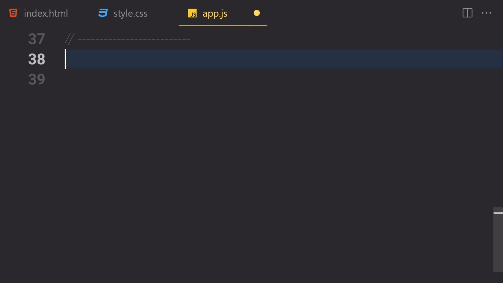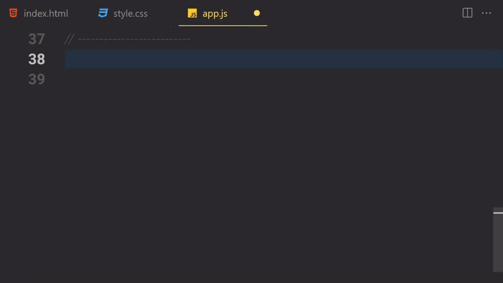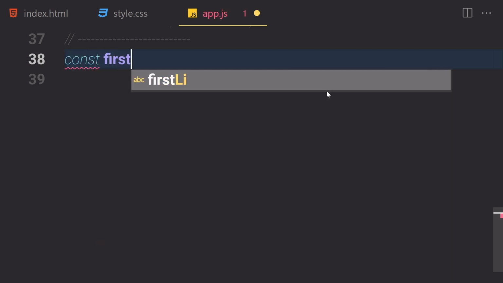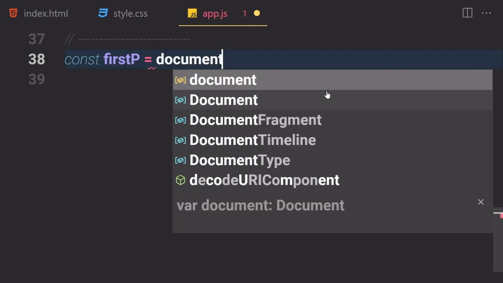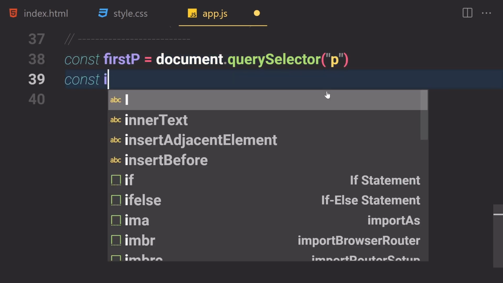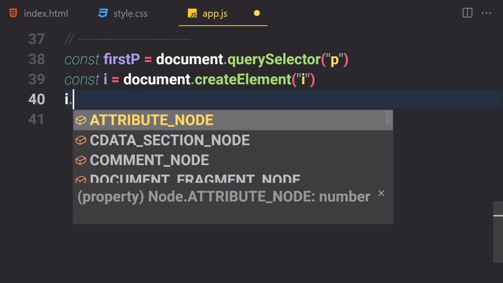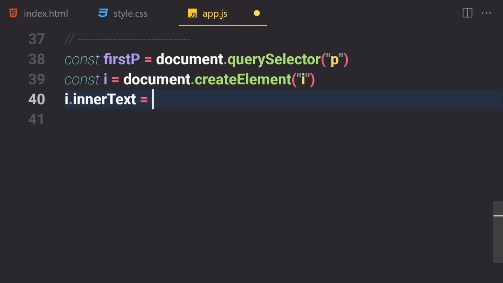So first of all, we have to select our paragraph, which is this paragraph right here. So we are going to write const firstParagraph, and we are going to write document.querySelector of paragraph. So we already selected our paragraph. Now let's create our i tag. So I'm going to write i and then document.createElement. As the name suggests, it will allow us to create our element of i, and then i.innerText will now be set to I am italics,